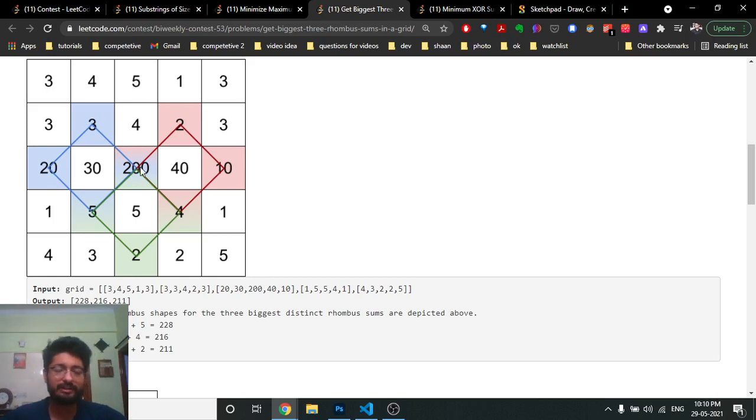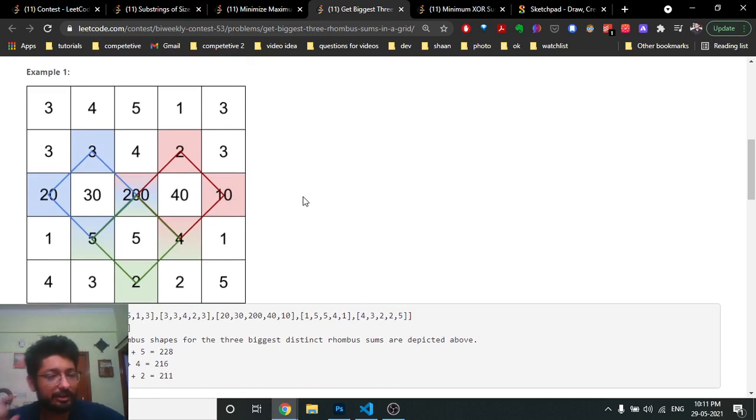So what you can think here is, for every ij, assuming it to be the center of the rhombus, you can find the 4 coordinates, which are the edges, this and this. How can you find the length? You can iterate over all possible lengths. The first possible length can be 1, 2, 3. So a rhombus of size 1 can be like this, size 2 can be like this, then 3 can be like this. Now as you can see, for 3, all the corners of that length-3 rhombus are out of bounds. It means that if it is out of bounds, all the larger rhombuses will also be out of bounds, because of the larger length, so we can break out at that point.